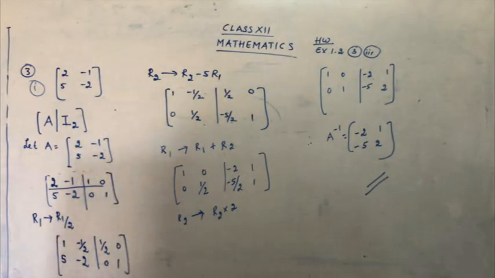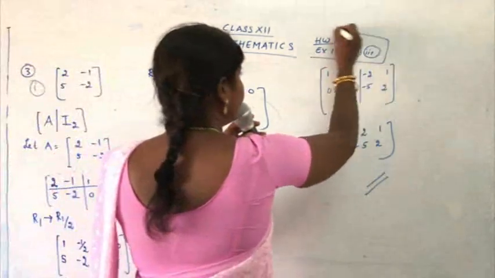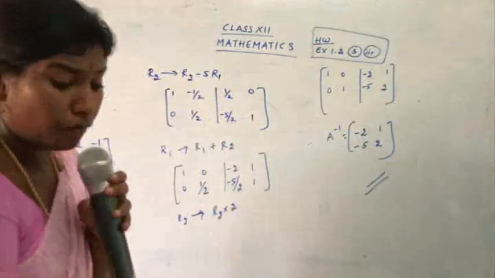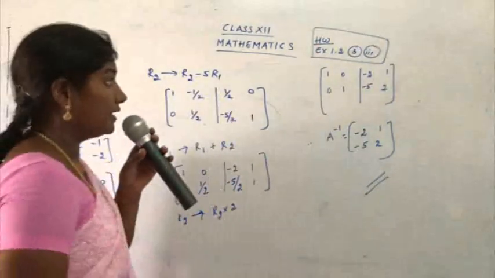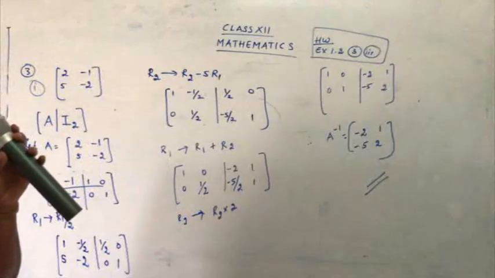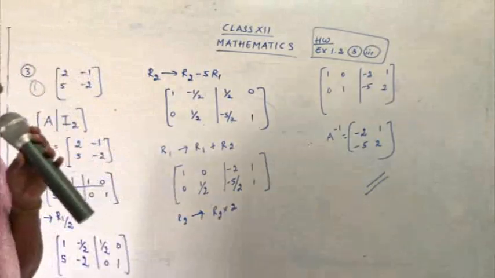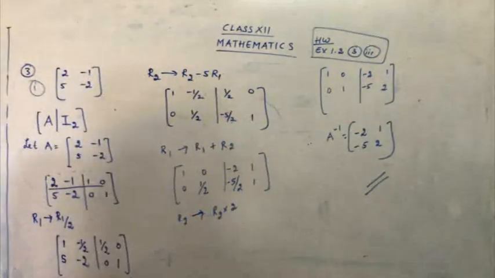So assignment is, so this is the homework part. Do not get confused with your homework and assignment. Homework is the part that you are going to submit every day. You have to submit the day itself. And assignment, you will be given a time for submission of assignment. So on that particular day, you have to submit your assignment. So just don't wait till the last day. The day itself you can complete.